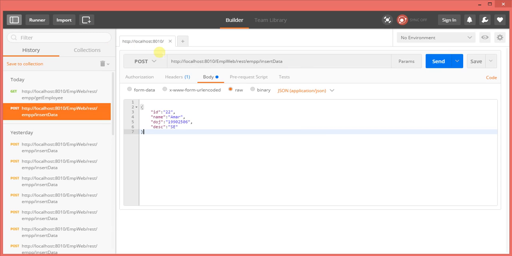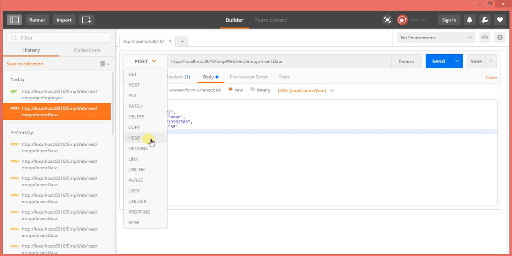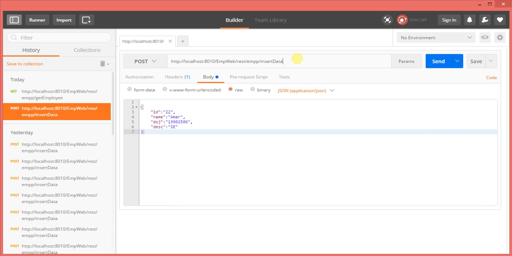Okay, my intention is to insert the data. That's why I selected POST here, not GET, not PUT, not DELETE or other request types. I am going to insert some data into my local database in JSON format.